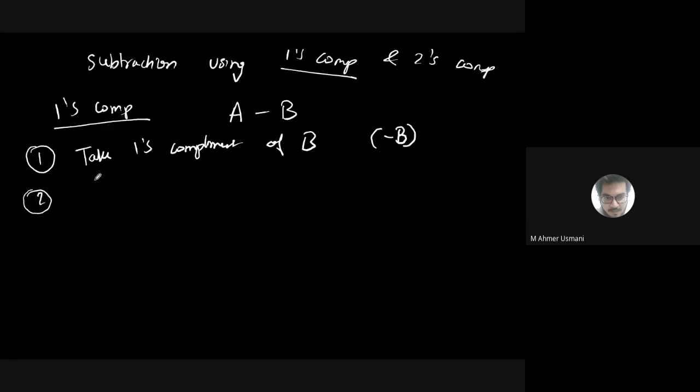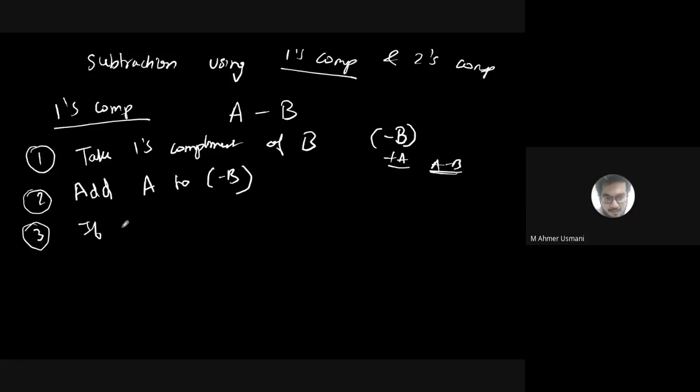Second step: अगर मैंने नेगेटिव नंबर निकाल लिया और मुझे अभी subtraction करना है, तो मुझे क्या करना पड़ेगा अगले स्टेप में? If I just add A to it, can I get A minus B? Yes, sir. So what is the next step? Is it add or subtract? Add. Add A to minus B. This is step number 2. Is it clear why we are doing add in subtraction? Yes, sir.